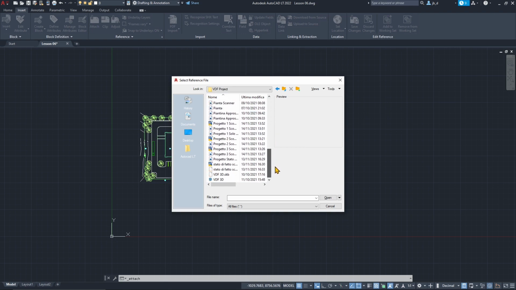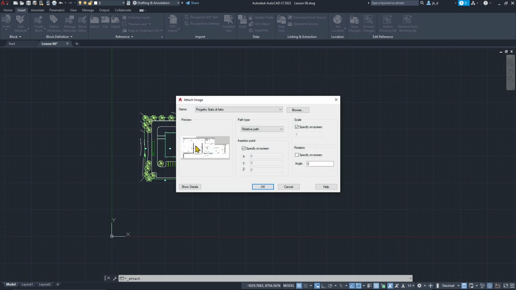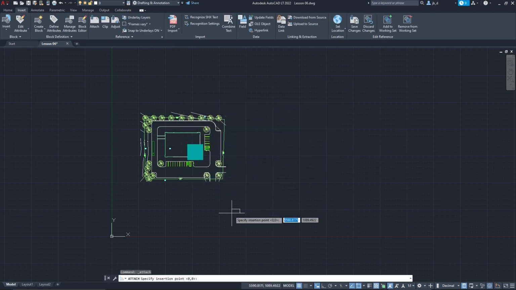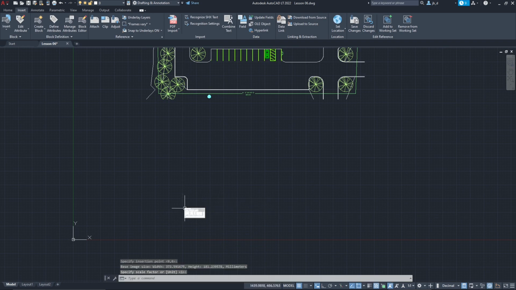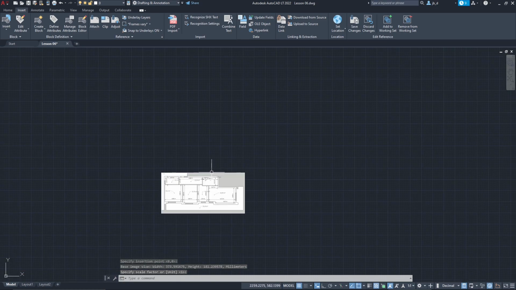So I'm gonna show you here. This one here is the image with all the dimensions. Let me place it somewhere around here. Now I don't really know the scale factor here, so I'm gonna just press 1, and that's gonna be pretty small, so I need